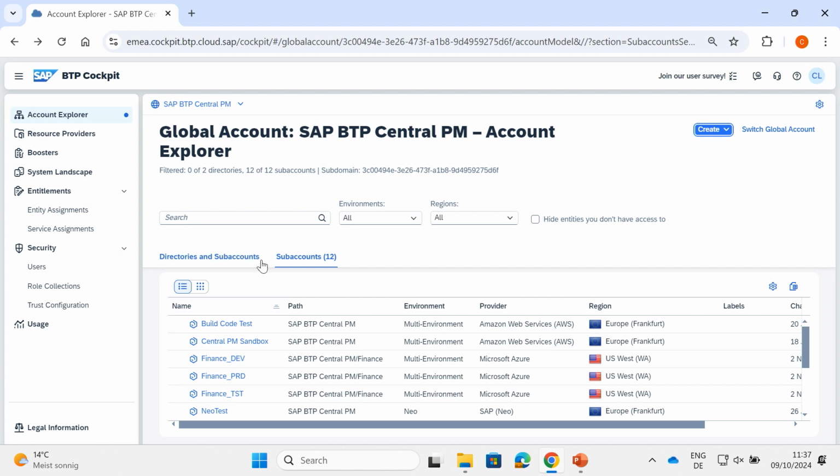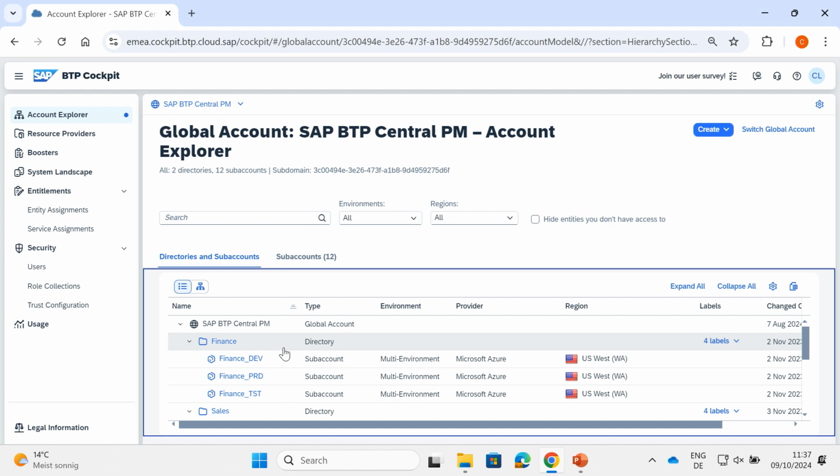Now, once this landscape grows, right, and you get more and more accounts under your global account, this becomes harder to manage. And for that, we offer the possibility to group multiple sub-accounts in a directory. And on the directory you can again define administrators who can then manage the users and can create further sub-accounts within the directory. So you can basically delegate control and authority from the global account to the respective teams and units managing a directory and the different sub-accounts,